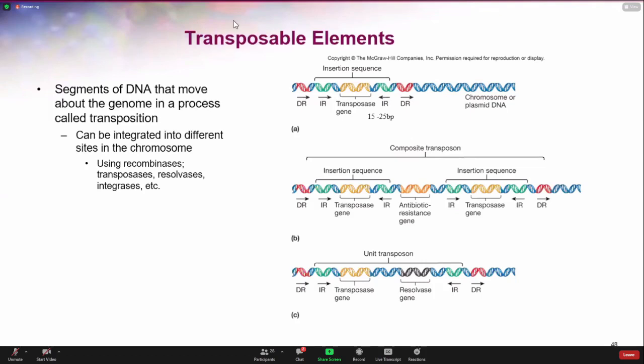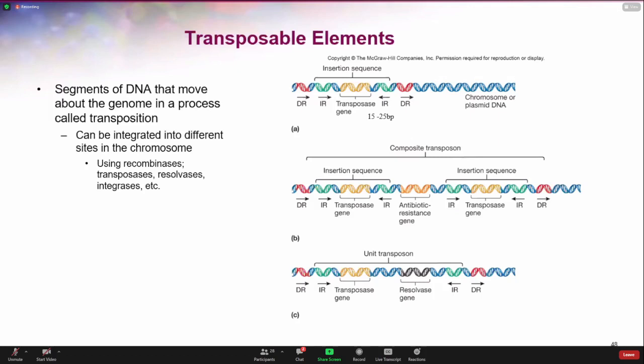But the simplest of the transposable elements, or these jumping genes, as we call them, are what we refer to as insertion sequences. So insertion sequences have a transposase gene, which codes for a protein that helps to insert this insertion sequence into